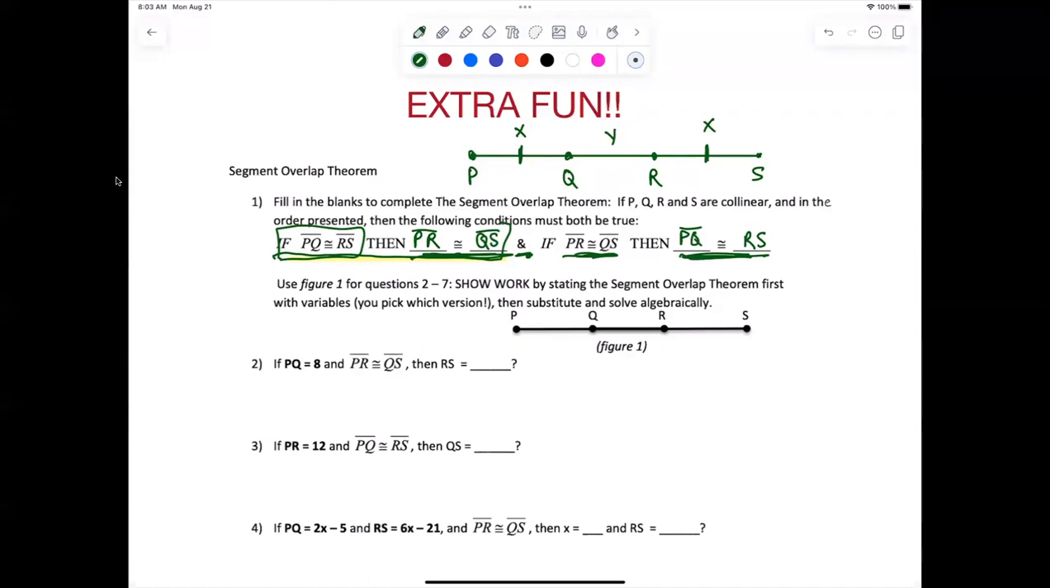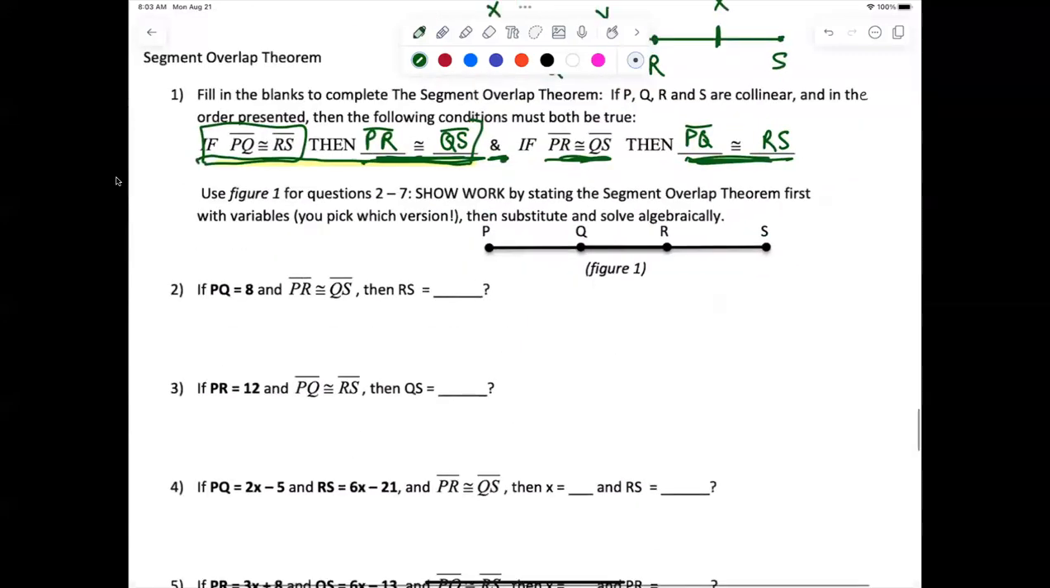If PQ is 8, let's go ahead and write this out because I didn't make this one up. If PQ is 8 and PR is congruent to QS, then RS is what? 8. Everybody's okay with that? Now I'm gonna go ahead and put PR is 12. If PR is 12,